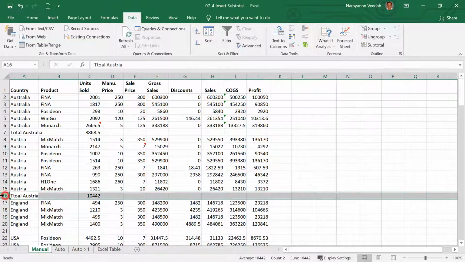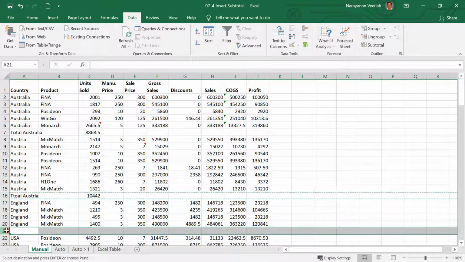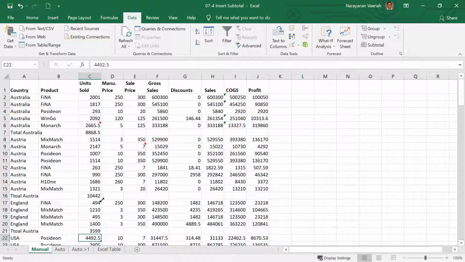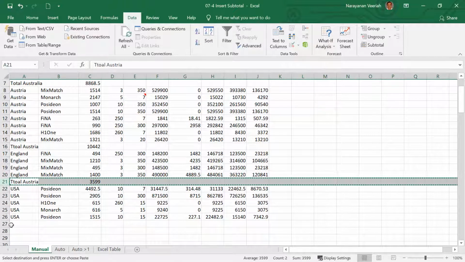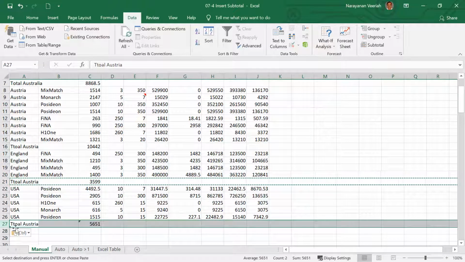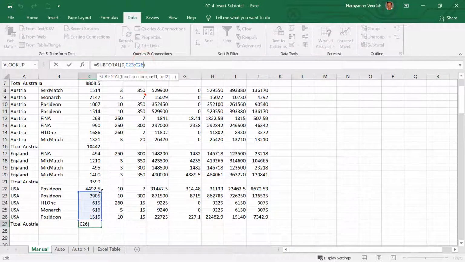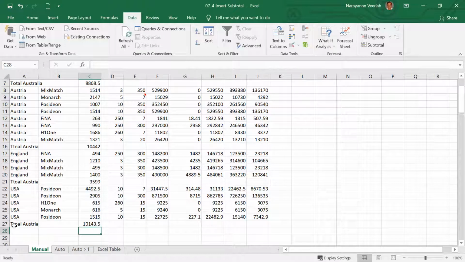Or you can also copy this and then adjust the data range accordingly. Like this. Then change the label as well here.